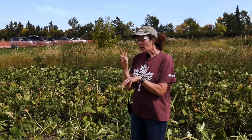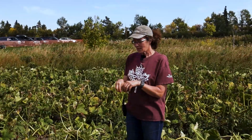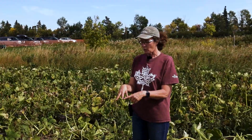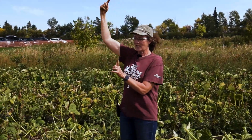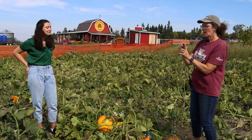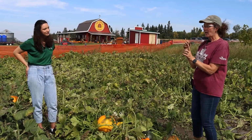So the water is going to be drunk by the pumpkin through its roots. It's going to stick its little roots into the soil, and it's going to drink water like a straw. It sucks that water up the root, and then the leaves can pop up above. The sun shines down on those leaves and it makes energy. You and I are going to eat a granola bar to have energy. The pumpkin plant is going to use the sun to make some energy inside of it,